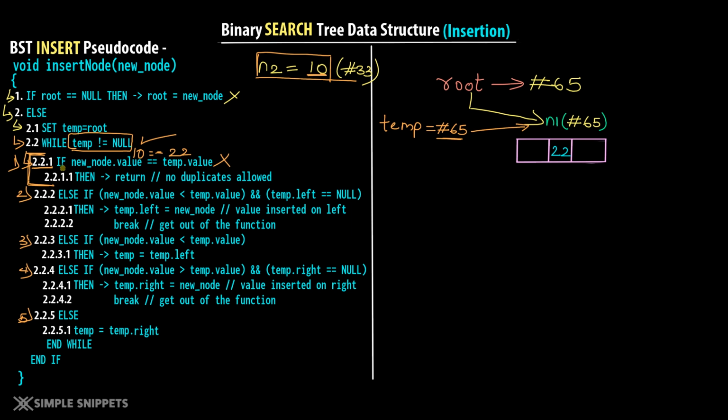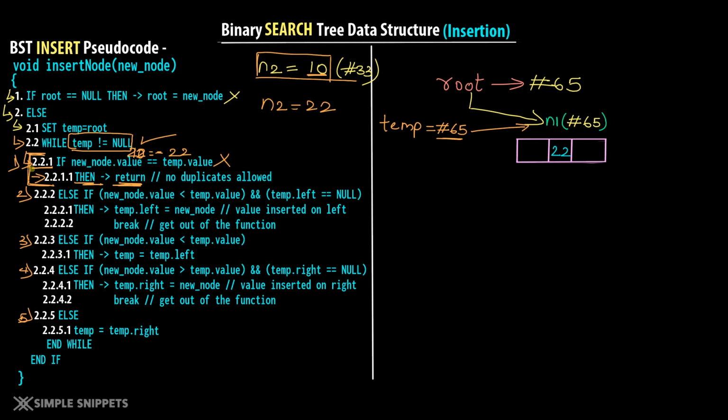The reason why we have this condition is to check for duplicate values. Now in our implementation, we are keeping it simple, which means we don't want the user to enter 2 nodes having the same value. So in case n2 had the value of 22, we would have matched it over here, that is 22 will be equal to 22. Temp is pointing to n1, n1 is having the value of 22, and if we are inserting one more node n2 with the same value of 22, what would have happened? We would have executed this statement which says return, which means that we will directly come outside this insert node function. You can also print a message that no duplicates are allowed and return outside this function.